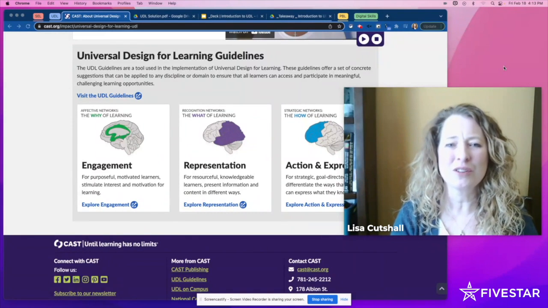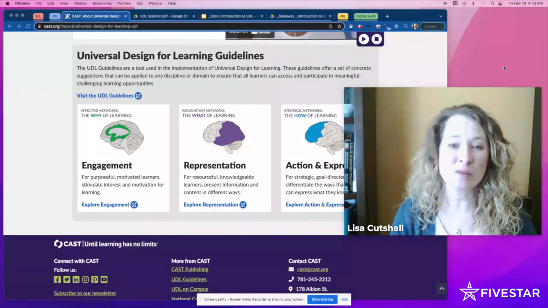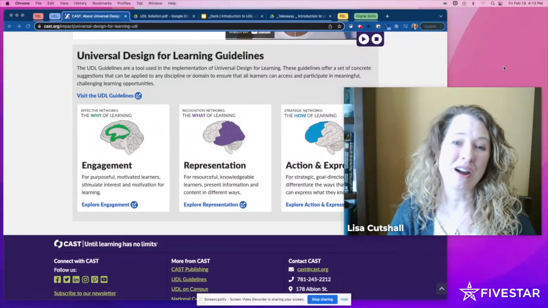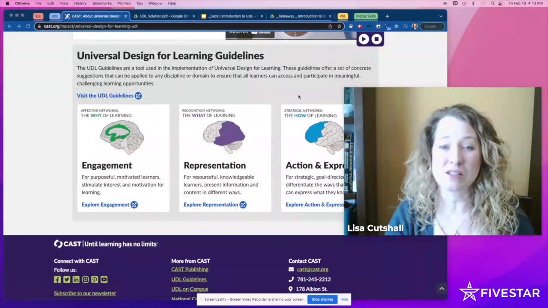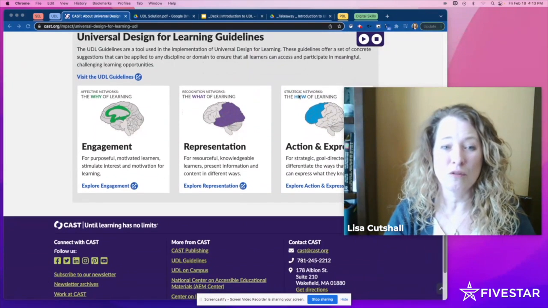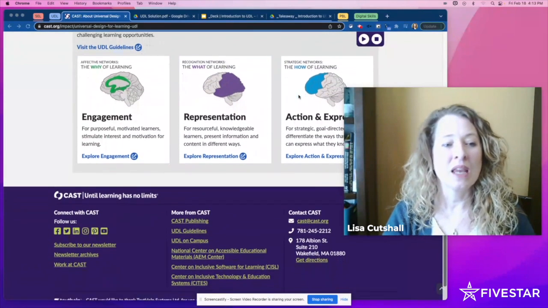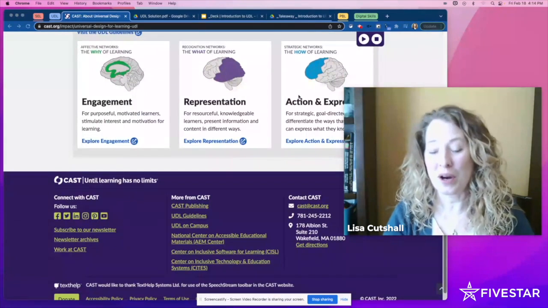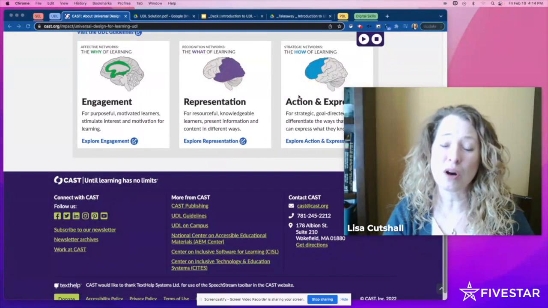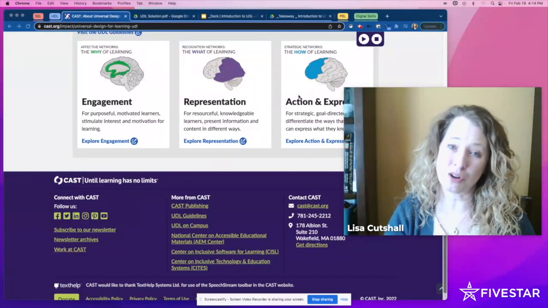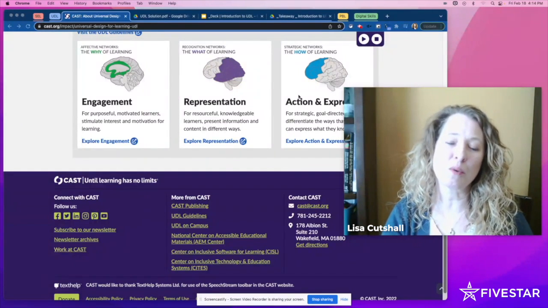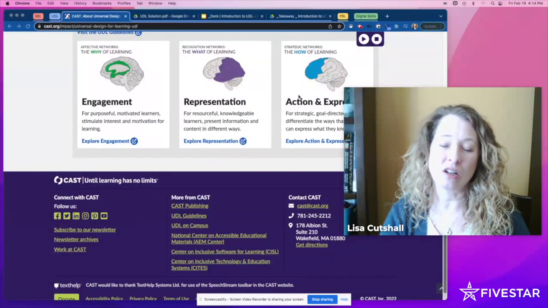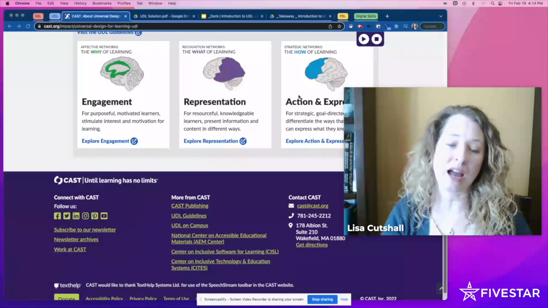But UDL, if you're not sure what that acronym means, Universal Design for Learning. It was based out of some research from Harvard. It's really about cognitive neuroscience. So you'll notice on the site from CAST, which is the accredited organization for developing these guidelines, you've got graphics of a brain. Activating different parts of the brain helps learning, and it helps us meet the needs of all of our students. So this is where we've got our special education and our gifted areas really looking at UDL